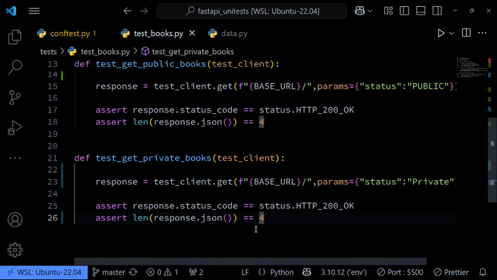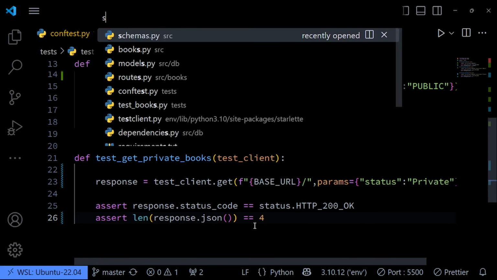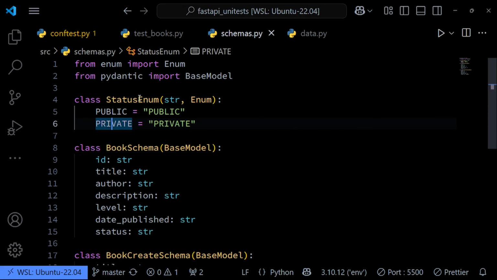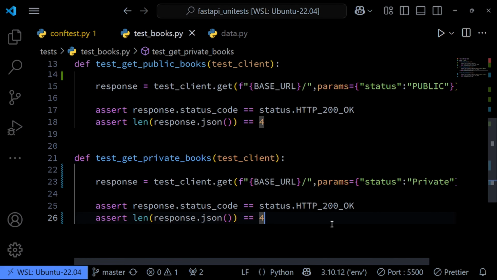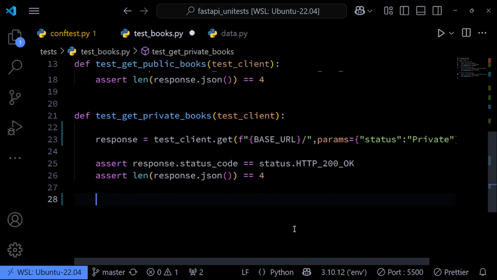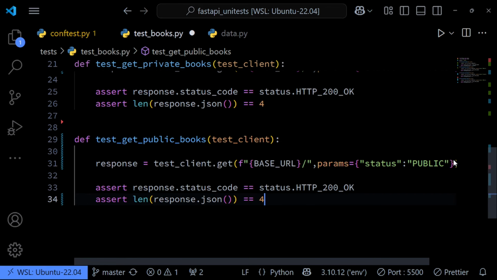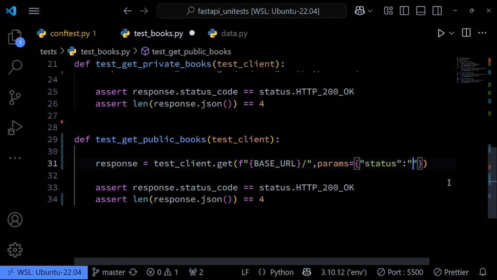I may also want to test and check if my API will behave in a way that it will throw a 422 unprocessable entity in case I provide, let's say, an invalid status that's not part of our allowed statuses. So for us to be able to do that, I will go ahead and do the same thing, but with an unknown status. So in this case, I may do something like unknown,